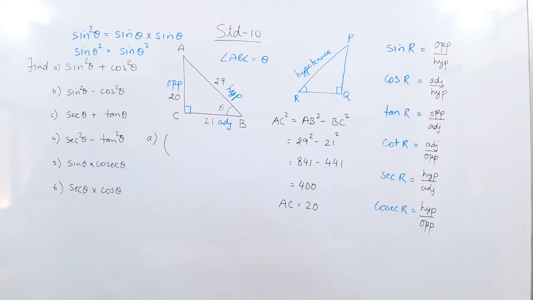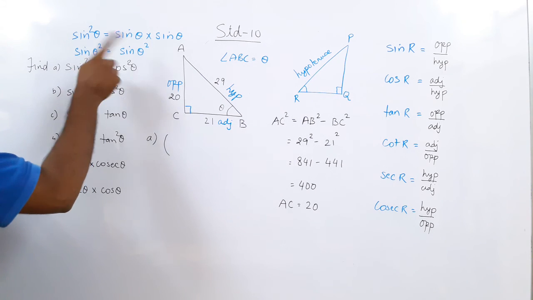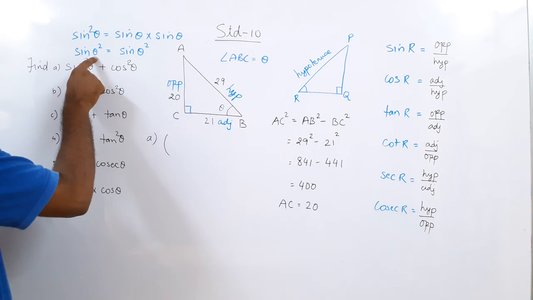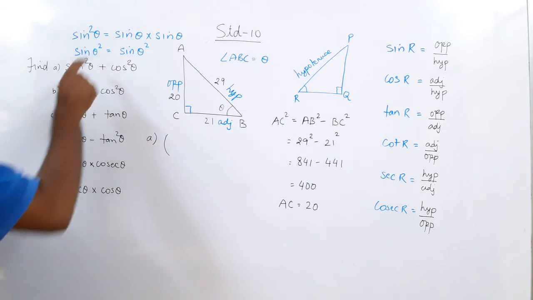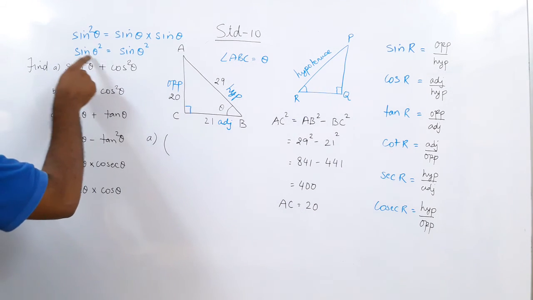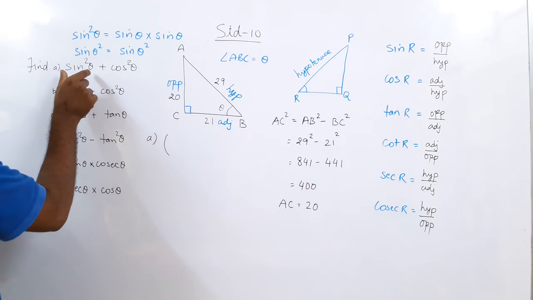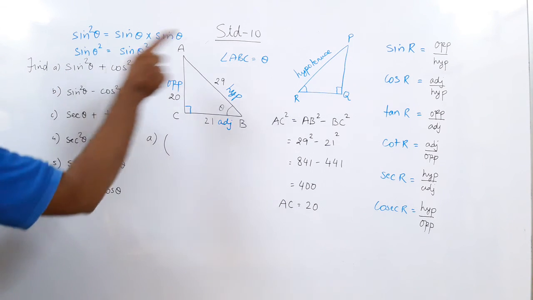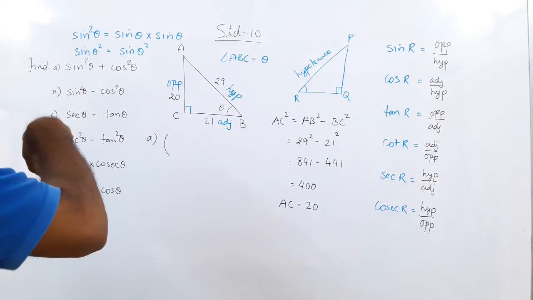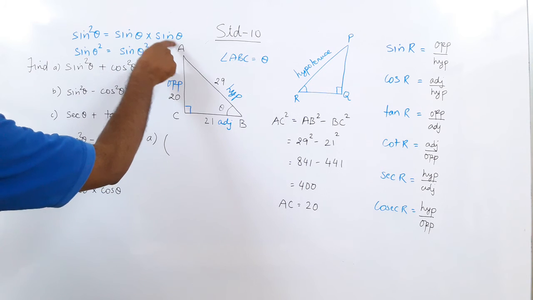Now what does this difference mean? Let us say theta is 30 degrees. Notice, 30 square is 900. So you would have to find the sine of 900 degrees. But just now remember, sin square theta means finding the ratio of sin theta first and then taking the square. So sin square theta actually means sin theta into sin theta.